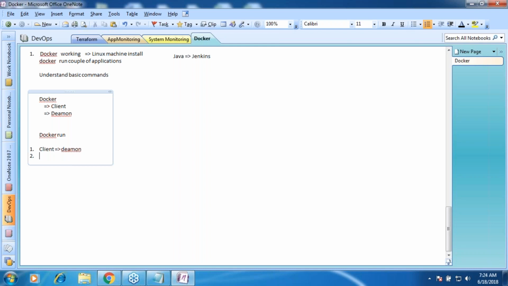The default repository is Docker Hub. It will download from there, and this download operation is called a pull. Then once you have the image, the only thing you have to do is convert that image into a container. I think we tried docker run hello-world. The first time, it downloaded. Again, I executed the same command, docker run hello-world. This time also the container started, but it was not downloaded because it is already present in your local repository.